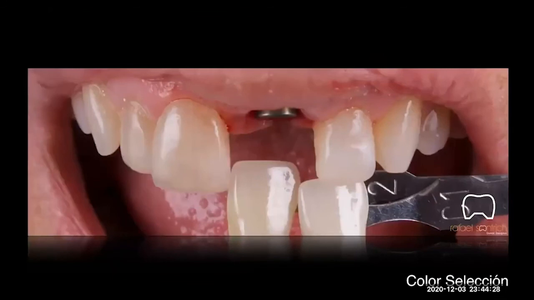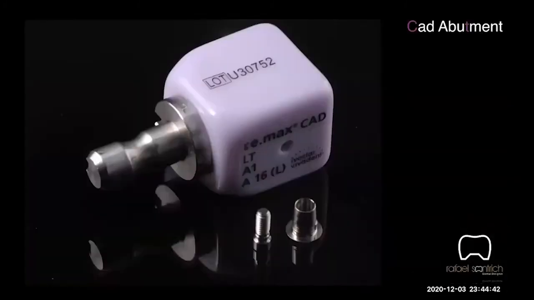This is not the right time to pick the color because the mouth is already exposed, opening the soft tissue. So it's not the right moment to take the color. In that case, we use an Emax-Cut abutment,